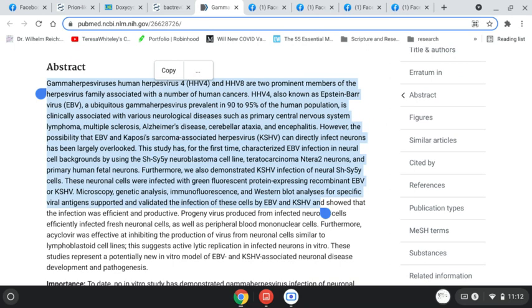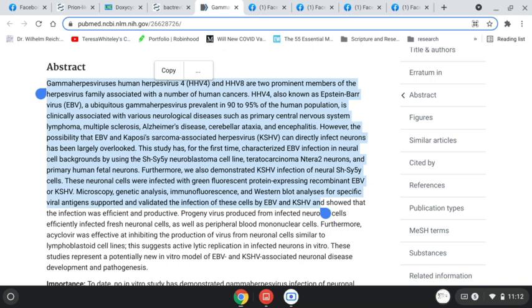Furthermore, we also demonstrated the KSHV infection of neural cells. SH-SY5Y cells, these neuronal cells, were infected with green fluorescent protein-expressing recombinant Epstein-Barr or Kaposi sarcoma virus. Microscopy, genetic analysis, and immunofluorescence and Western blot analysis for specific viral antigens supported and validated the infection